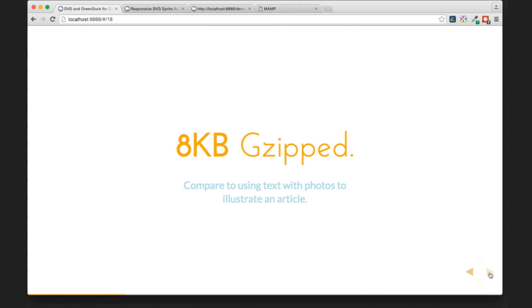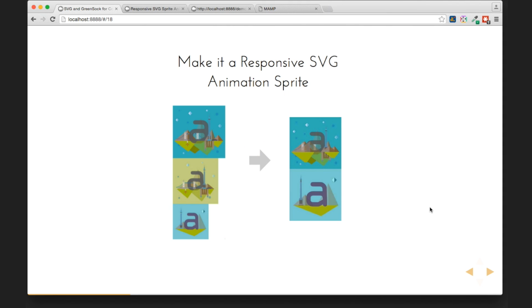So in order to make this, I did make a sprite. I made an SVG sprite. In the same way that we're saying show parts of things, we're actually just going to use the view box. The view box being, in an SVG, you can have a ton of space, but the view box is actually going to be the window in which you're looking at the SVG.